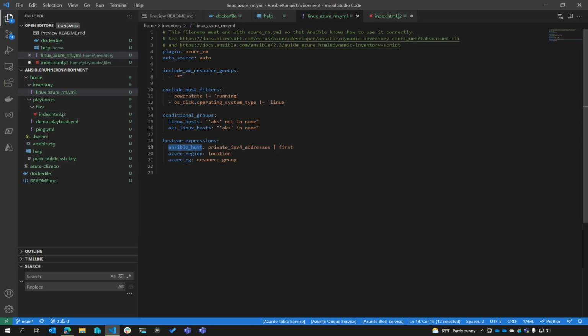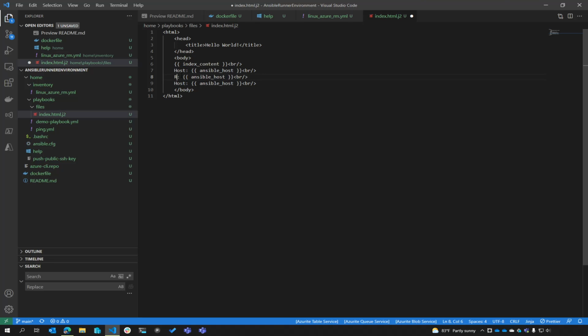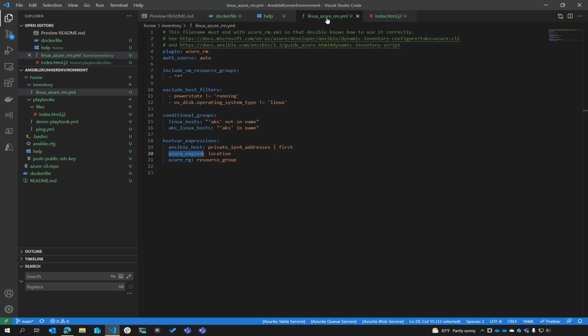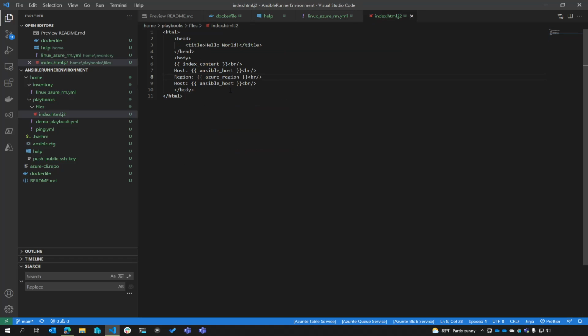Okay, and then we will do region. These are all going to be the same value apart from the host across our 3 VMs, but hopefully I'm illustrating a good point here. And we'll do our resource group. Okay. So once this is run, we're actually going to pass in a variable to the runtime. And for these 3 here, we're going to pull those variables in from the host file. So that might seem like a lot, but I guess I just want to illustrate how I'm trying to enrich